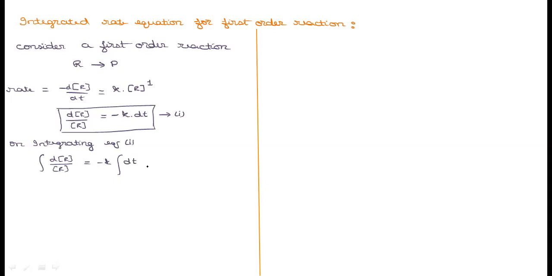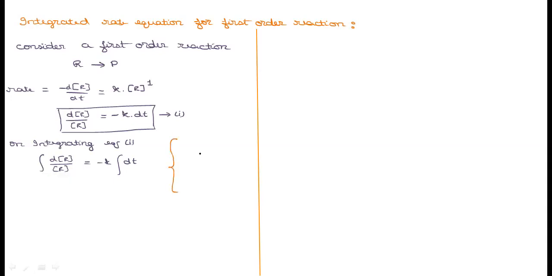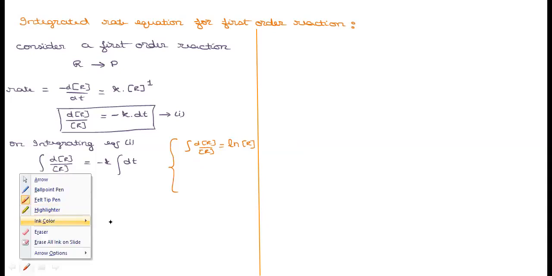As it is a constant, I have taken it outside. So now if we focus on the solution, integration of dr by r, integration of change with respect to any species divided by the same species, that is dx by x, dy by y, like that. Whatever we take, it is natural logarithm of that, ln r. So the remaining solutions, you know that.